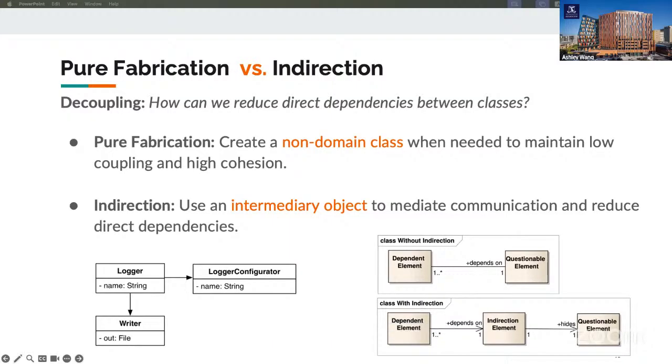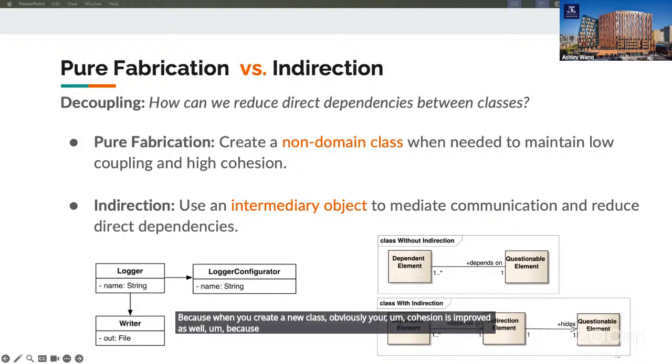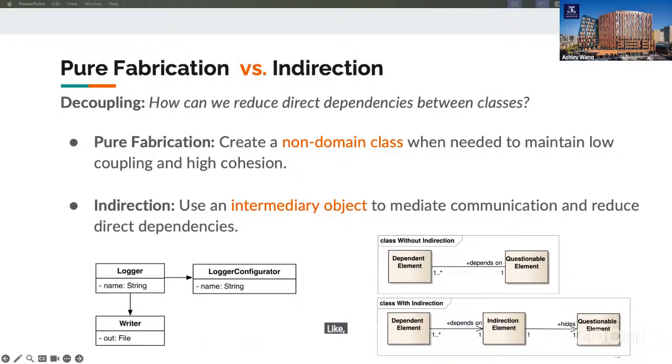Because when you create a new class, obviously your cohesion is going to improve as well, because that class is dedicated to one single responsibility, and the other class has reduced responsibility. Secondly, we have indirection, which is using an intermediary object to mediate communication and reduce direct dependency.